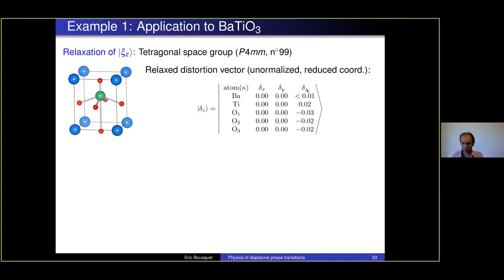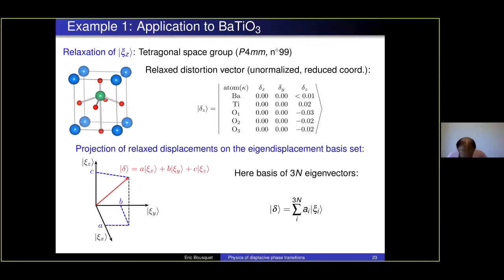Okay, but now we want to identify whether this final distortion corresponds to the eigenvector of the unstable mode that we have at the beginning. To estimate that, we do what we call a phonon eigenvector projection. This is a technical detail that I often remark nobody understands, but I think it's because we have a basis of 3N eigenvectors from the phonons, and these eigenvectors are orthonormalized. It means they are orthogonal to each other, and they can be normalized to 1. This means they form a basis set that can be used to project any vector in this multidimensional